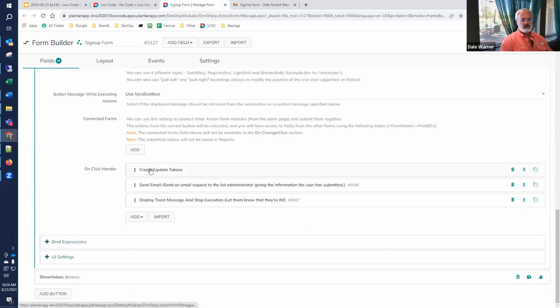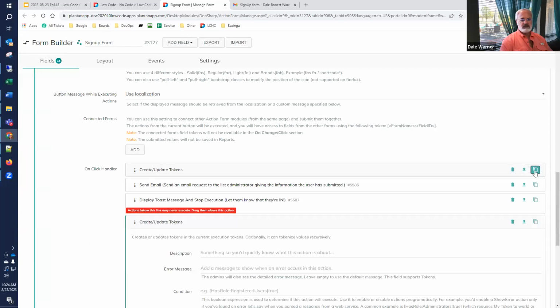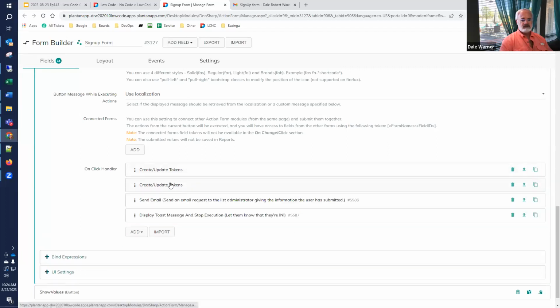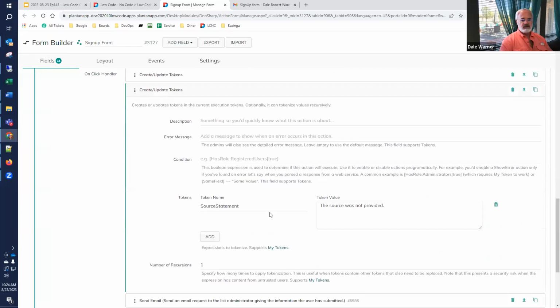I could add another one of those, but I can also use a clone feature here. So when I clone an action, it just appears at the bottom of the list with the same kind of setup. So I'm going to drag it up here underneath the last one. And this is going to be,